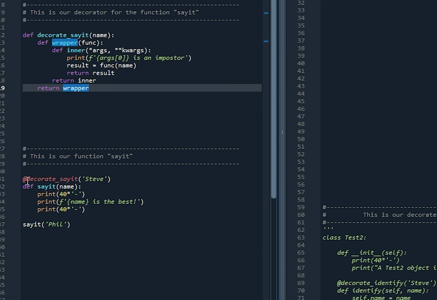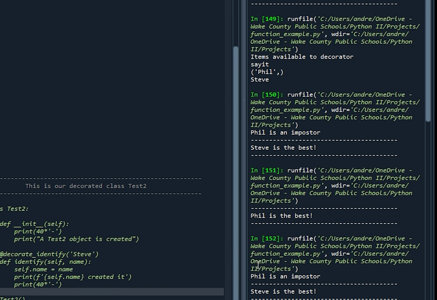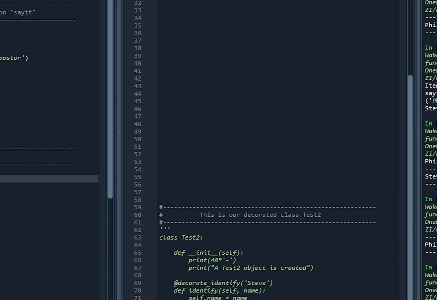So once again, I'm going to come back over here, I'm going to comment out our decorator so you see what the original function did. So comment this out, run the code. Okay, so you can see it prints out Phil is the best. But when it's decorated, it hijacks the functionality of say it and changes it so that it actually prints out Phil is an imposter, Steve is the best. Okay, so that's a pretty straightforward decorator function that we used by creating a closure to decorate this simple function